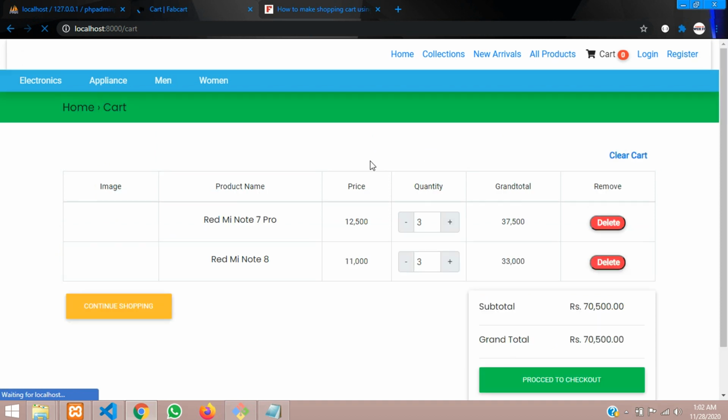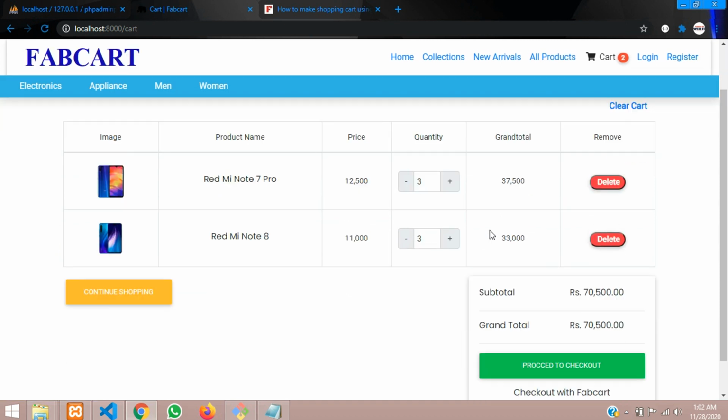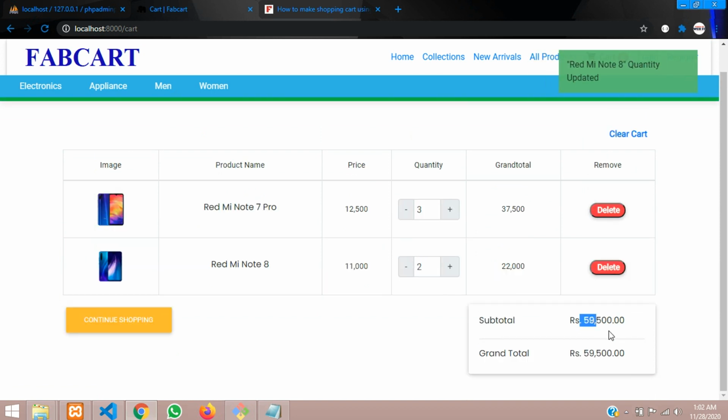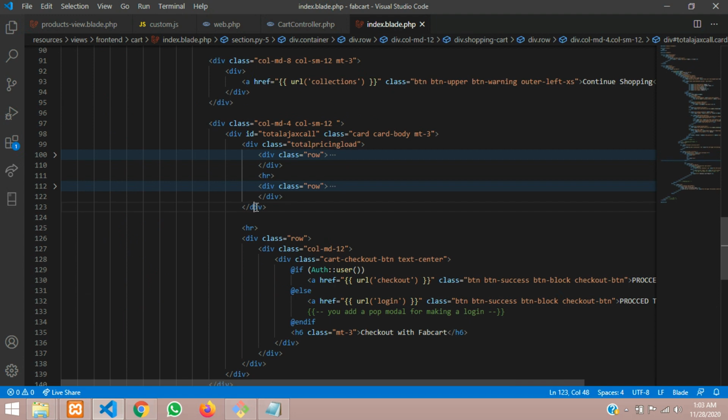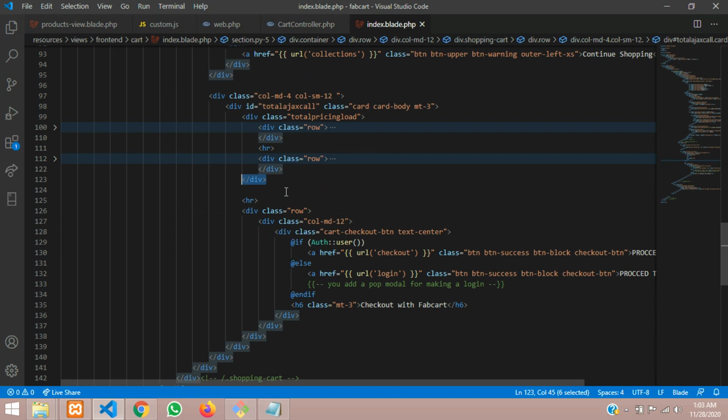So let me save it, I mean reload the page, and now see here. So let me decrement this, let's decrement the value, and the pricing also should load it. So let's click on it. You can see that 59,500 it's loaded, right? So guys, that button is missed over here because we didn't paste the div tag correctly. Okay, we have disclosed over here. So we have to call the class inside it.